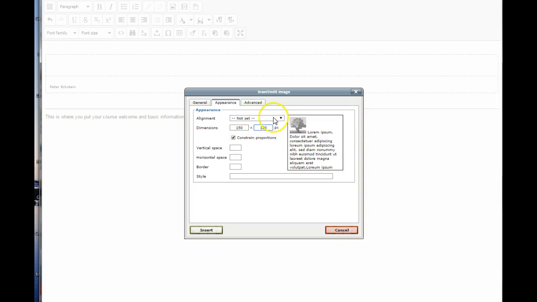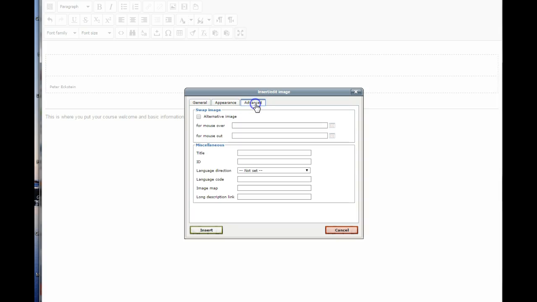You can align the picture relative to text, and you see the preview here. You could add space around the picture, above it or next to it with whatever lies there, whether it's text or another picture. Just type in a number, and you can see how it affects. If you type in another number, say 5, that's what the border would look like. You can play with all of this if you wish. I'm going to delete them for now. Make sure this Constrained Proportions is always